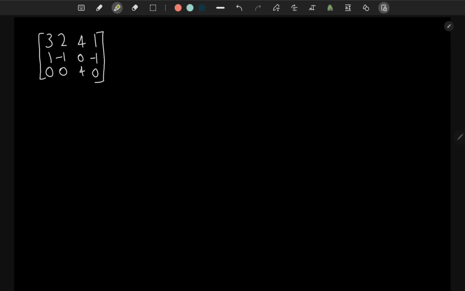So here we have a 3 by 4 matrix, as you can see, and the first step again will be identifying the pivot in the first row. So as we can see, it is 3. So first of all we need to convert this into 1, and we can see that the row is not divisible by 3, so if we do that we will end up with fractions which will complicate it too much. So we can see that the second row has a 1, so what we can do is we can exchange these two rows. So what I mean by that is we switch R1 with R2, and this will give us this,